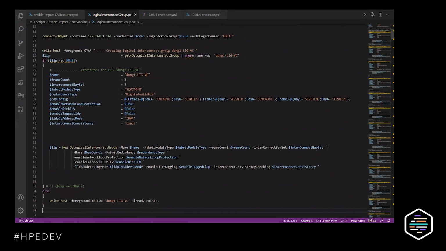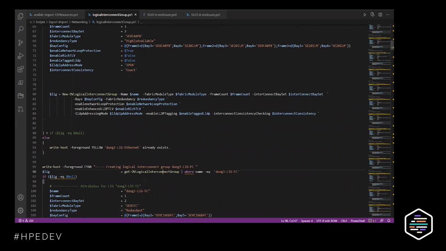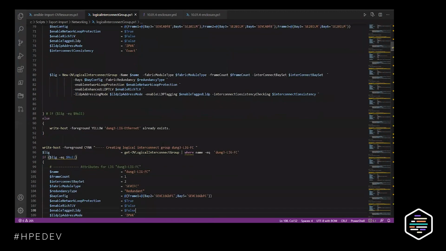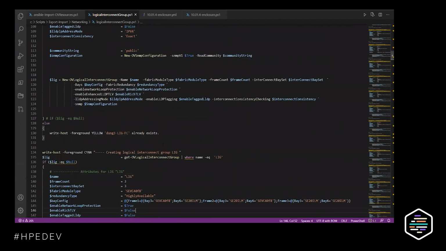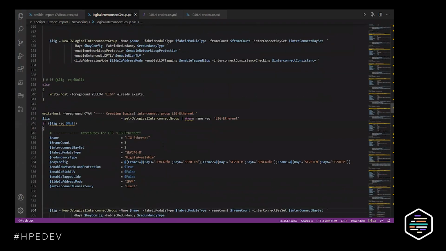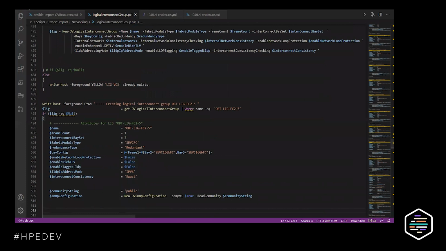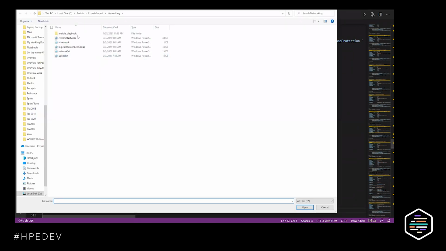Okay. So if I want to replicate my environment to a new environment, I just go and change some values and I'm done. See that? So Get-OVLogicalInterconnectGroup. I have a lot of logical interconnect groups, so it generates a script for each logical interconnect group. Okay, so let's go to another one. So that is the PowerShell script, and underneath of that, I have the